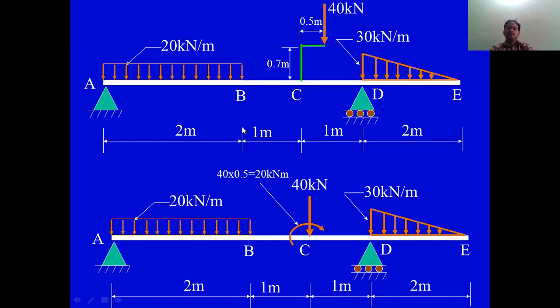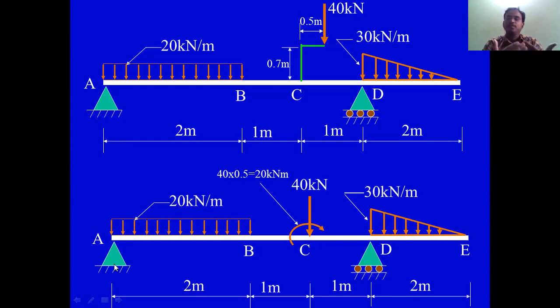The first step is to find the reaction forces. See, they have changed the figure from this to this. They introduced a moment here, the couple effect, and now we should do the analysis for this one. So find the reactions first. Reactions again, same formula. For equilibrium, when the member is in equilibrium, the equilibrium conditions are to be used.